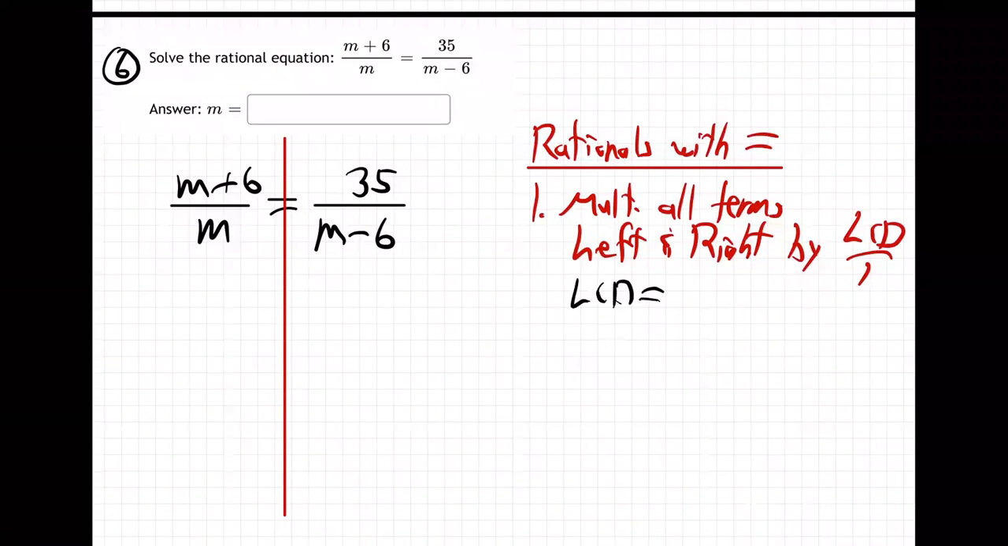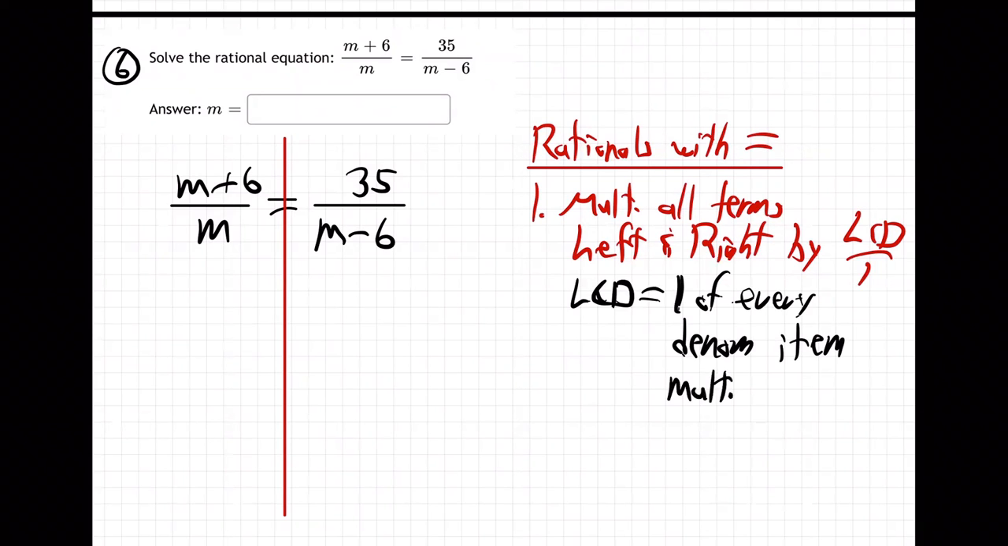Well, the LCD equals one of every denominator item. One of every denominator item multiplied together. So as you look here, you go, okay, we got an M, and then we got an M minus